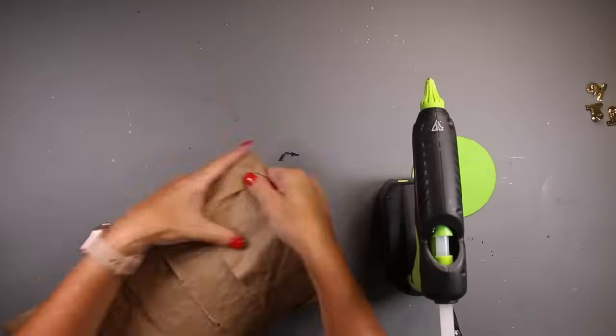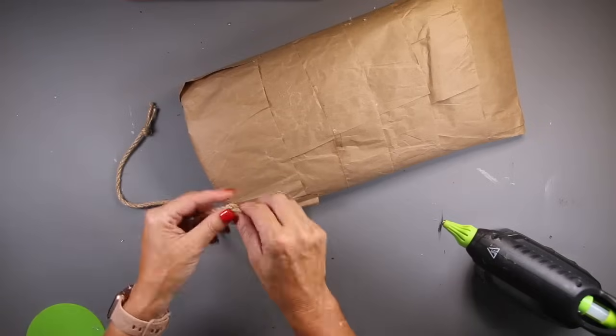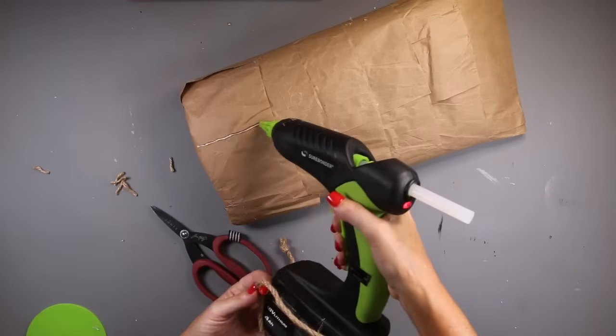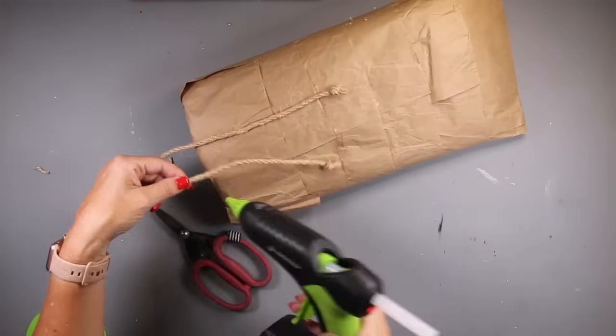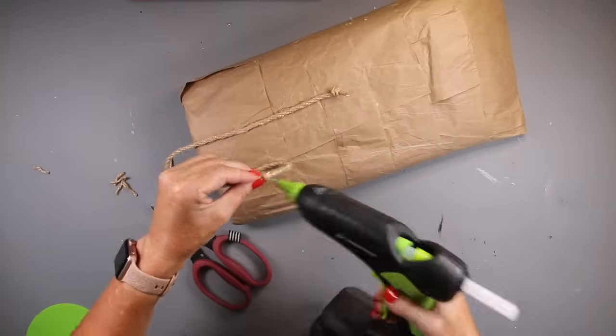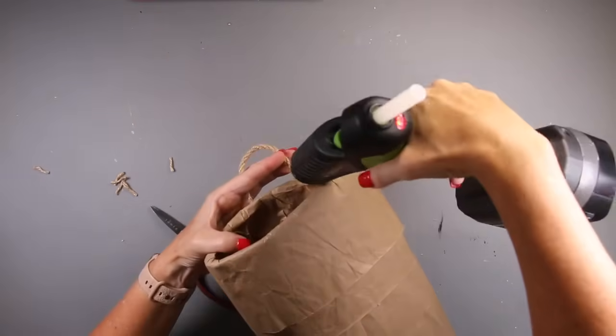If you haven't figured it out yet, we are creating a wall pocket, so we need a way for it to hang on the wall, and I chose to use some rope to do that. Now, I did tie knots on the end to give it just a little bit of thickness down there and to make sure that it doesn't come undone. Hot glue to secure that down with a little loop at the top,